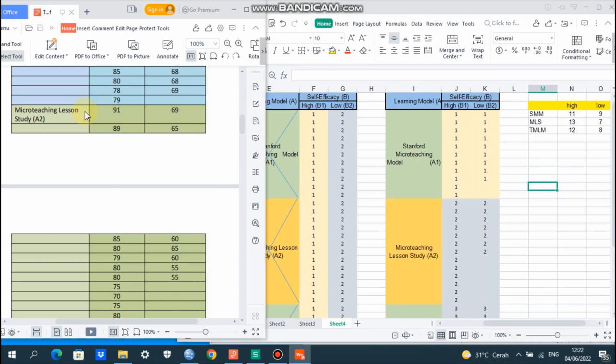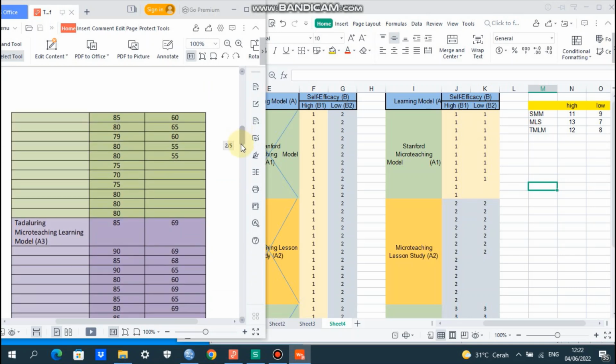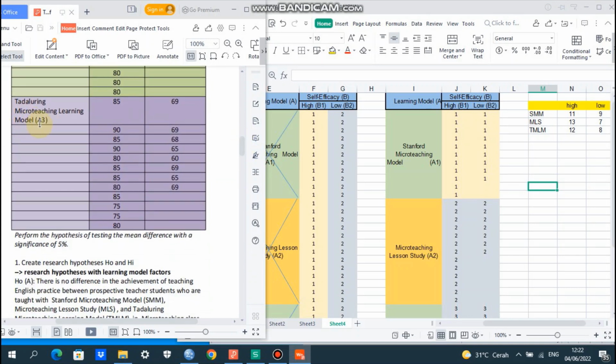From here we have 13 students with high self-efficacy and 7 students with low self-efficacy. So the total number is 20 participants joining micro teaching lesson study. And the last, learning model factor 3 here, Tadaluring micro teaching learning model, or A3.